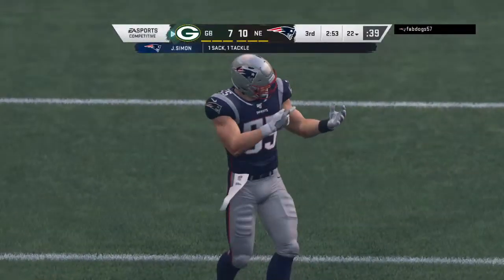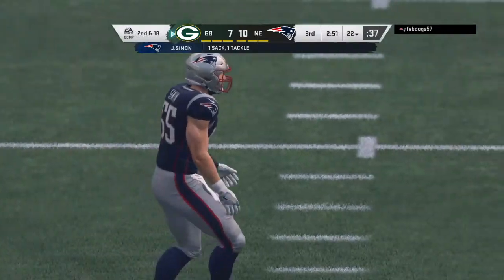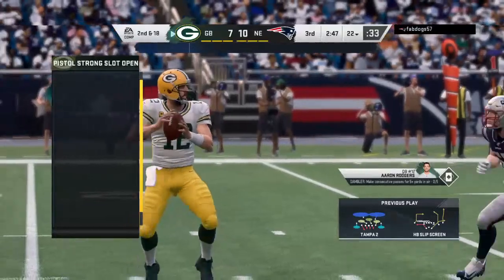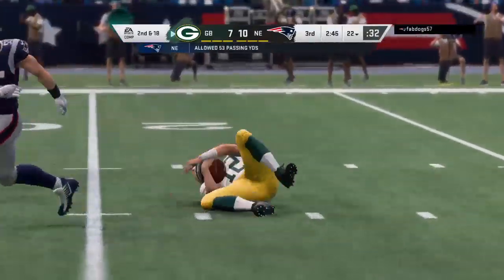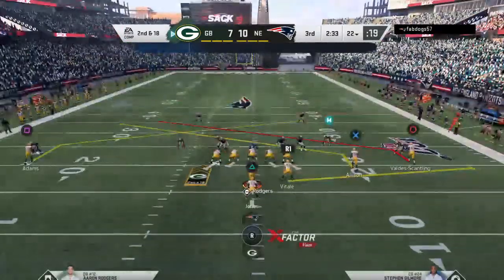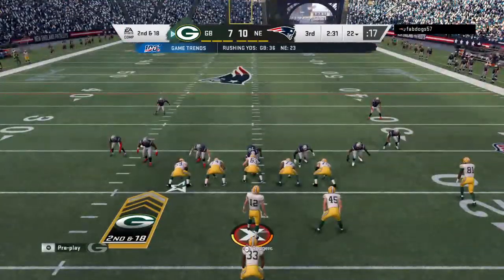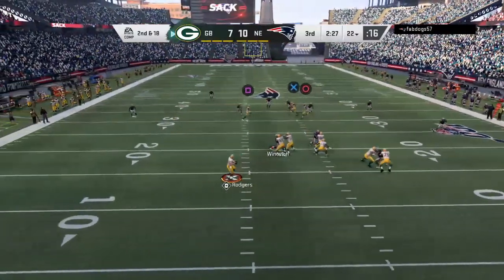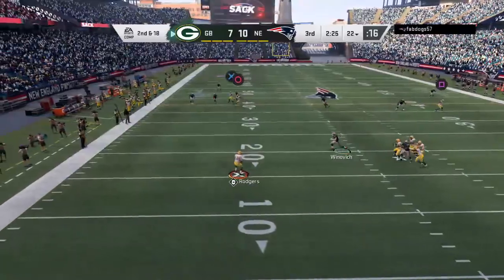Nowhere to escape, and he goes down. It's John Simon with a sack. Well, the beauty of screen passes is they take a little time to develop, and they can often hit big, but sometimes they take too long to develop, and sometimes you get sacked. What's perfectly called for a defense to attack a screen? Typically a blitz, and even though people think that the screen operates against the blitz, if you have the blitz called and you still...